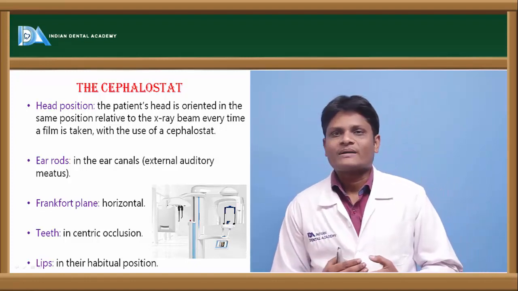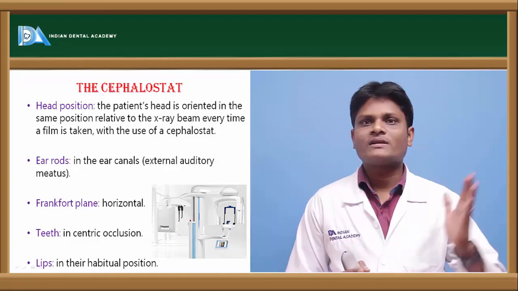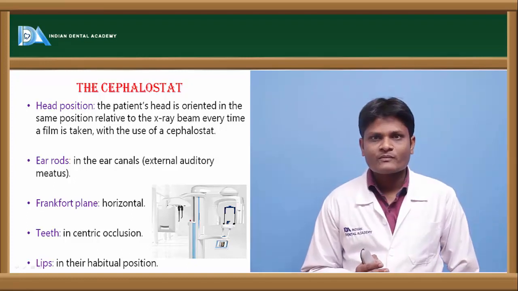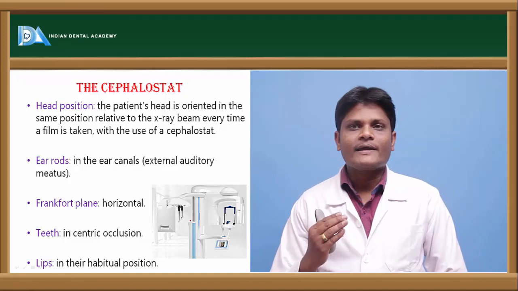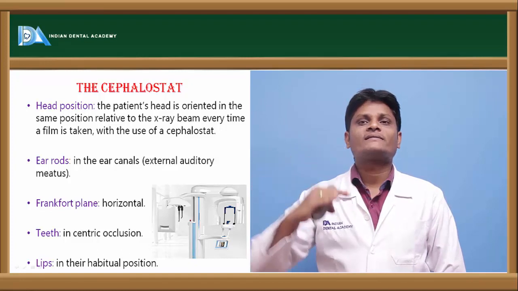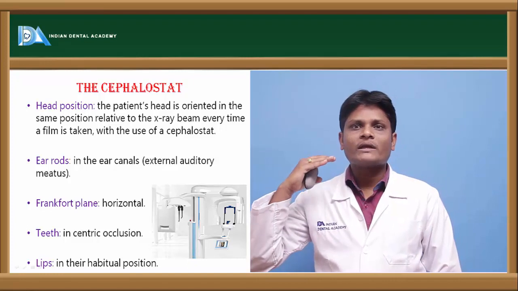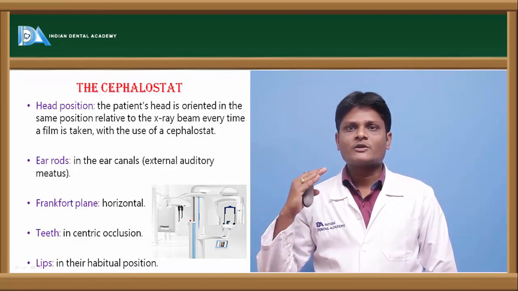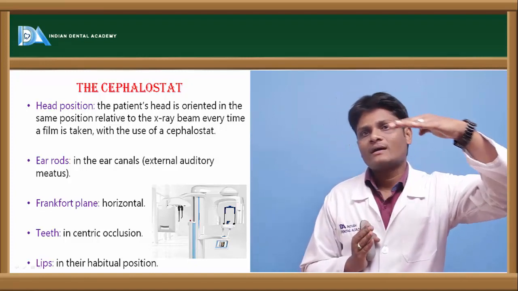When coming to the technical aspect, a cephalogram is taken by means of equipment called a cephalostat along with the X-ray production unit. A cephalostat consists of a head positioner to position the head normally. Usually, whenever we take a lateral cephalogram, the head is positioned such that the patient sees a distant object at eye level. We call it a natural head position. And the Frankfurt horizontal plane should be oriented parallel to the floor, and the head should be symmetrical. It should not be bent to one side or the other. It should be straight, and the patient should be looking at the distant object at eye level with the FH plane